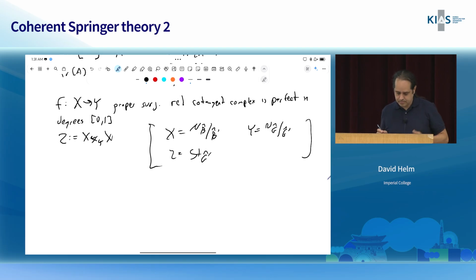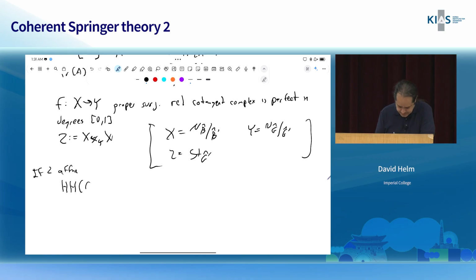Okay, so what we saw in Arnaud's talk, and which doesn't quite fit into the framework here, is that in the case of affine schemes, we've seen that